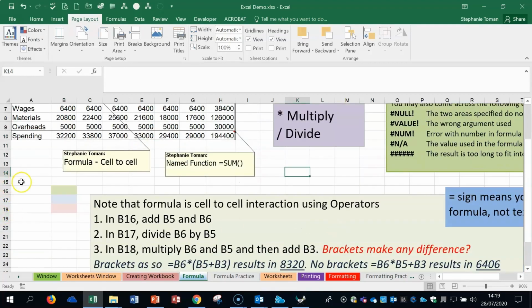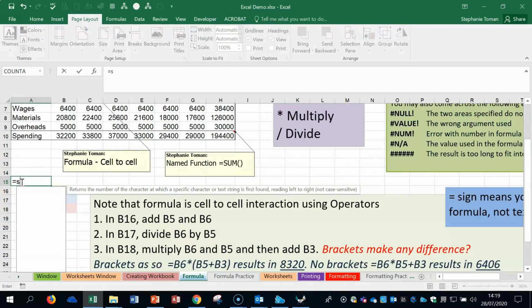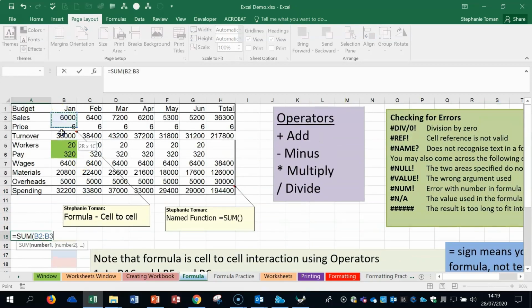For example, if I did a sum in here, equals sum, double click, brought my sum up. If I wanted to sum those cells, I could highlight the range. Notice how it has a colon in the middle. The colon stands for everything in between. So if you were doing sheets, you would do a colon in the middle for every sheet in between the first one and the last one. In a range, you're doing the B2, everything in between to B10,